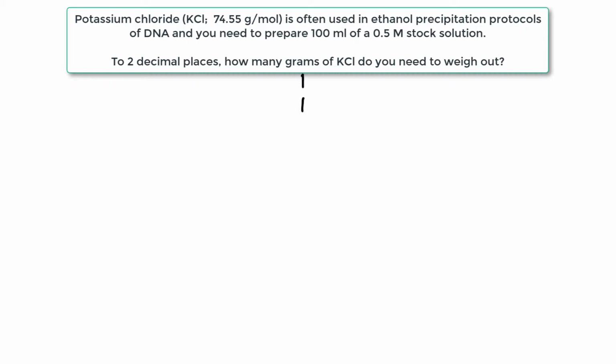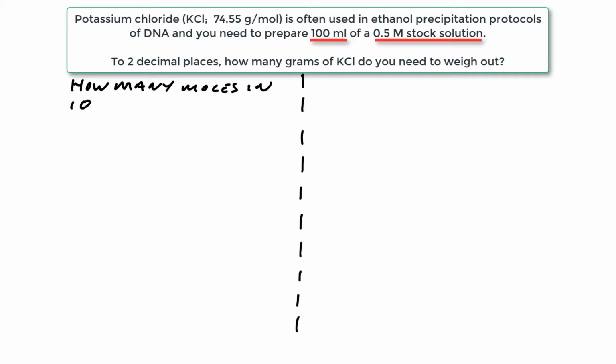Now there's two ways of going about this sort of calculation. You can either take a walk-through approach, reason it through, or you can use equations. So first, let's take a walk-through approach. The first thing we need to determine is the number of moles of potassium chloride in 100 mils of a 0.5 molar solution. Now we know the stock is 0.5 molar and that this is equivalent to 0.5 moles